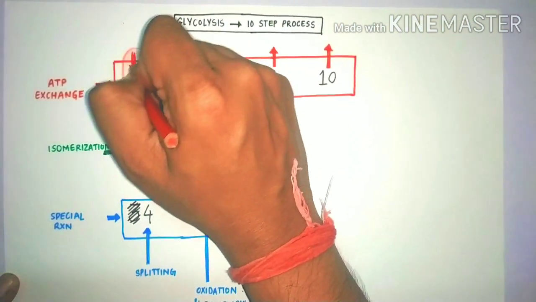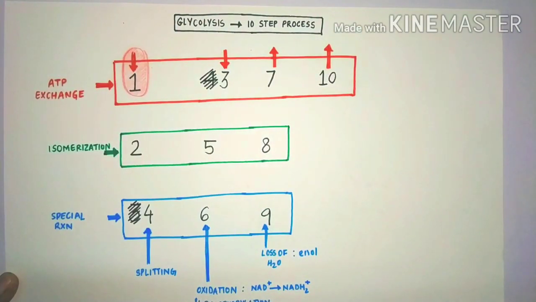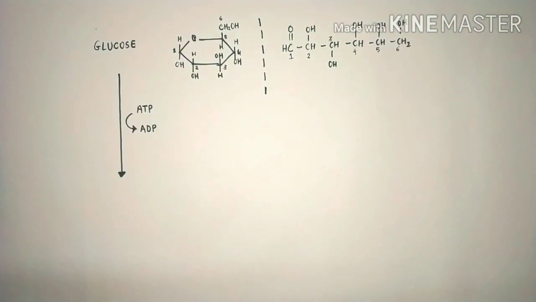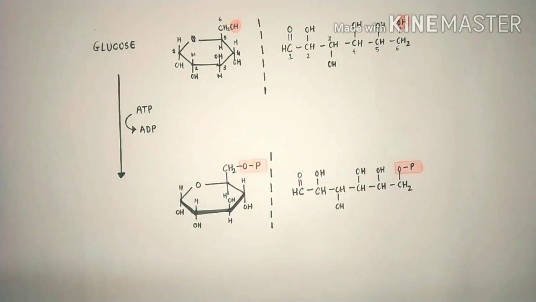As we said earlier, the role of ATP when it is used is to phosphorylate a compound. That is, add a phosphate group to it. So, one ATP will convert into ADP. That is, it will convert from triphosphate to diphosphate, losing one phosphate unit. And this phosphate will get attached to the glucose molecule on the free OH site. The OH on the 6th carbon is outside the ring and hence free. So this OH will convert into OP. P represents here the phosphate PO4 3-. Rest everything is the same in the